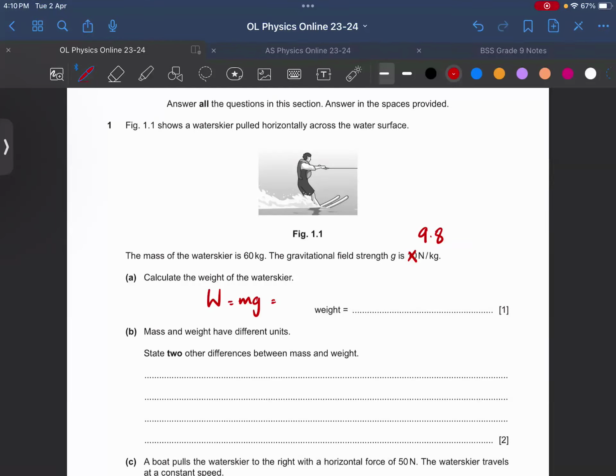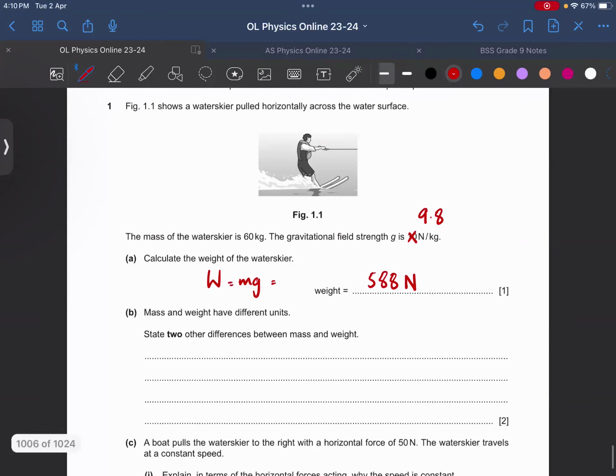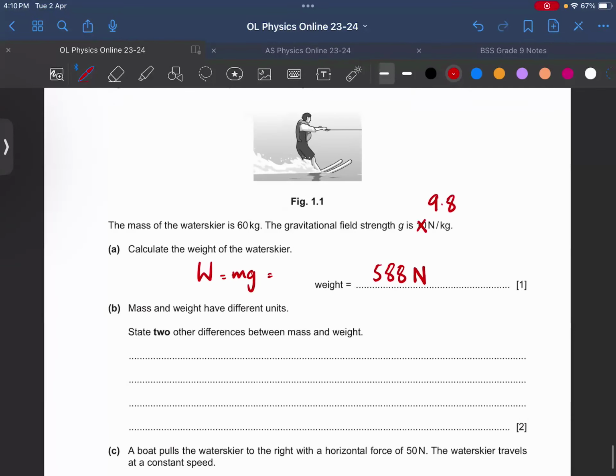588। All right, so 588 Newton। Very straightforward। Usually first question is straightforward unless अगर examiner कुछ kinematics का कुछ बहुत ही टेढ़ा सा दे दे। Mass and weight have different units। State two other differences between mass and weight। Again, if you guys remember your class notes, मैंने आपको mass weight के दरमियान I made you guys write 4 differences। One is stated here, you can choose from any of the other 3।